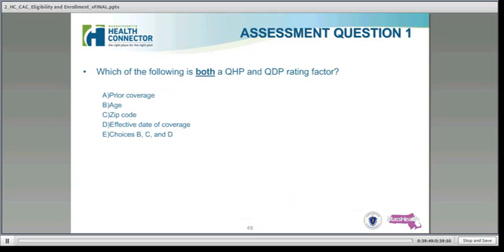Now, submitting enrollment information. Basically, what are the QHP and QDP enrollment methods? And again, sorry for using the acronyms, but it's a lot easier and faster, and you'll be using them before you know it too. For the QHP and QDP enrollment methods, you can enroll online for the qualified health plans only. You can also enroll by paper. You can mail them, in person, or fax, as we've mentioned earlier, as well as by phone. Again, detailed contact information, including phone numbers, hours, and addresses, are located in the appendix, as we've also already mentioned.